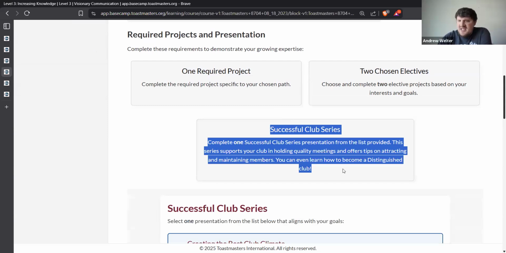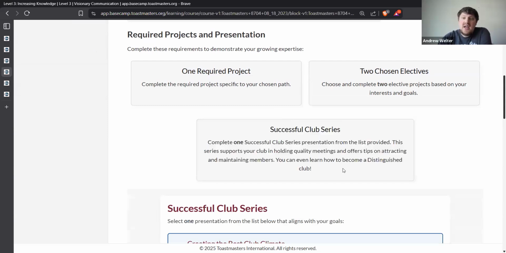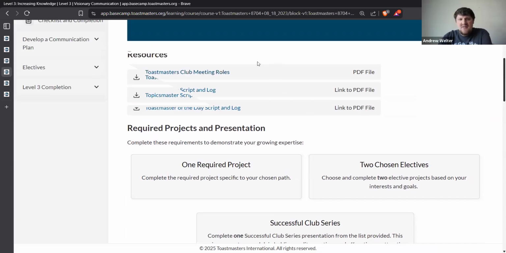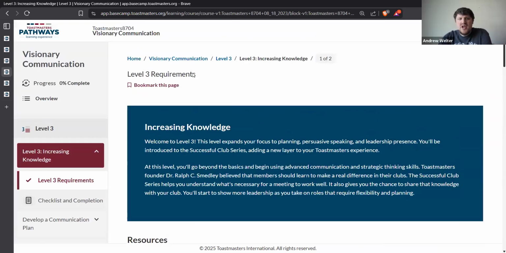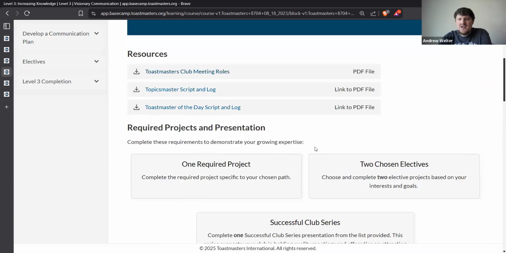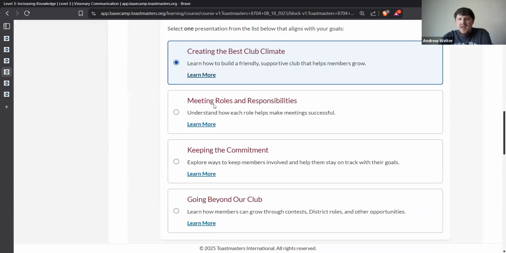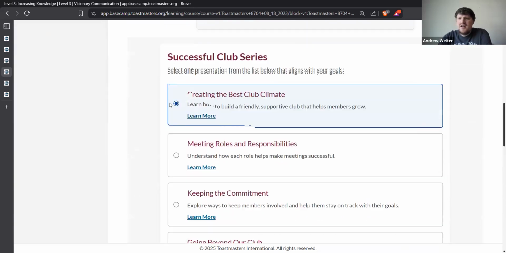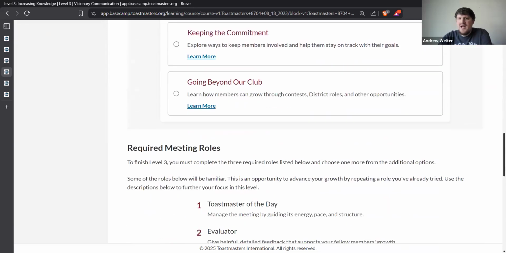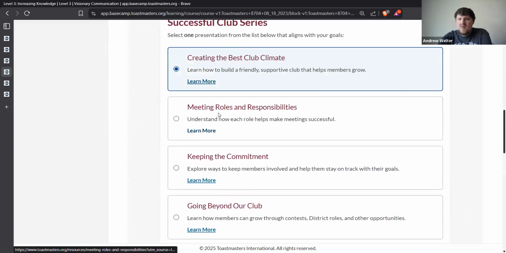A speech from the successful club series. They are reintegrating all of the old series back as requirements. Now, where it gets tricky is the successful club series is in level 3, 4, and 5, but it's only specific ones for each level. But the nice thing is if you direct members to this landing page, right underneath it, there are the ones that you have to pick from. And if you click on this learn more,